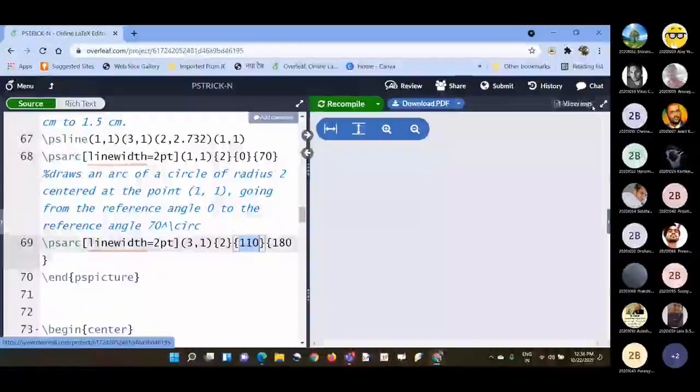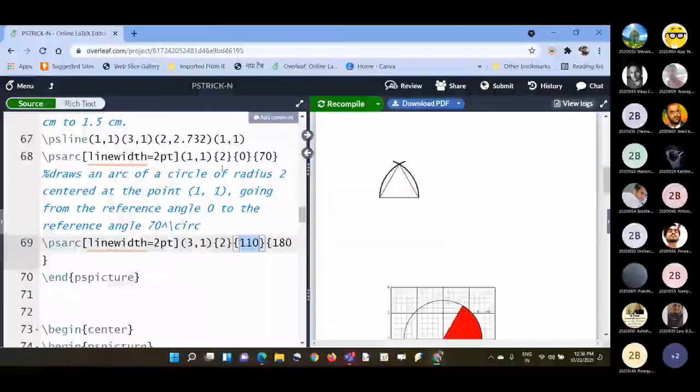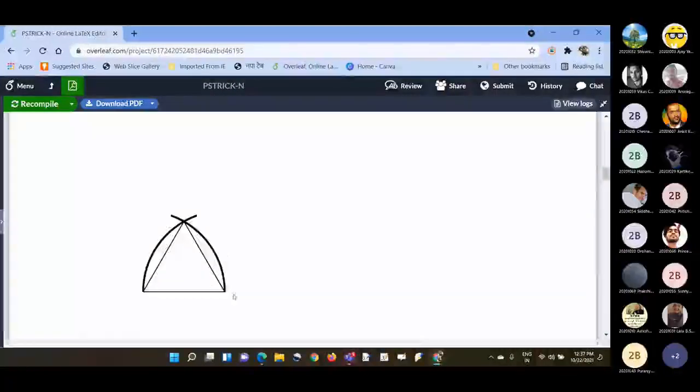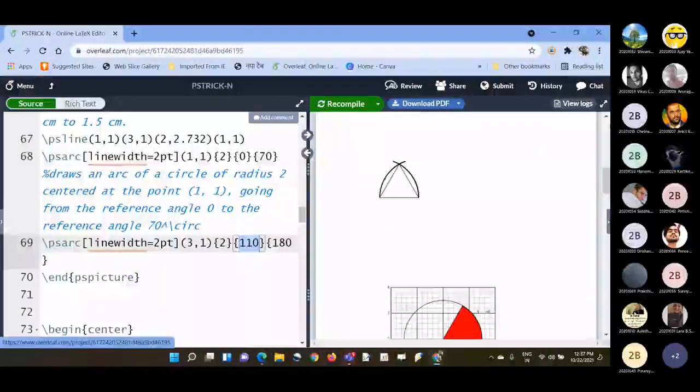So this you can see here. This is 1, 1, and this is another vertex, so this arc is joining from here to here. There is some angle, and then there is another angle. So it is covering 0 to 70, and then another 110 to 180 degrees.